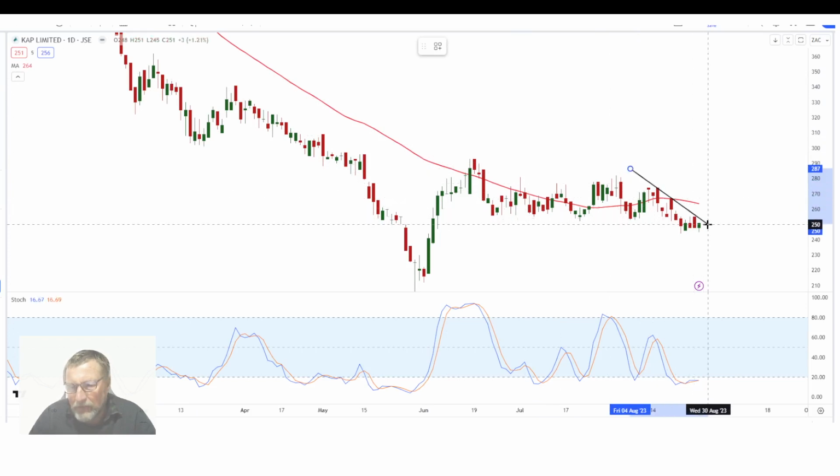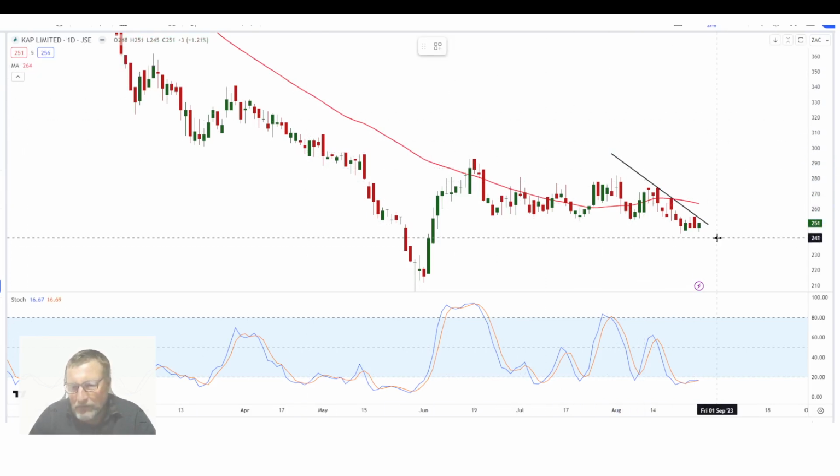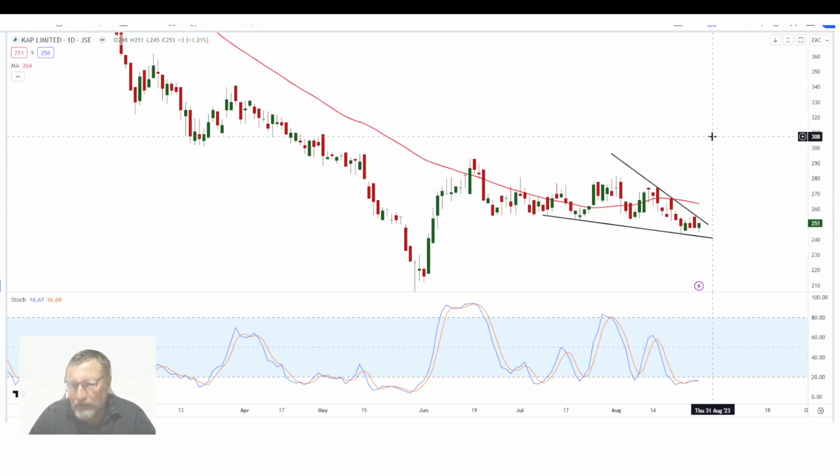Let's use that. And immediately I see that I'm going to get a falling wedge here. Let's just do that. There you are. Oh, yes, beautiful falling wedge. And the falling wedge is usually a reversal pattern, not for medium to long term, because we use a daily chart here. But for me, if I look at this, above R2.53, KAP will give me the first sign of strength. But I would like to see it above R2.55. I mean, that's 2 cents higher, but then you've got a confirmation.